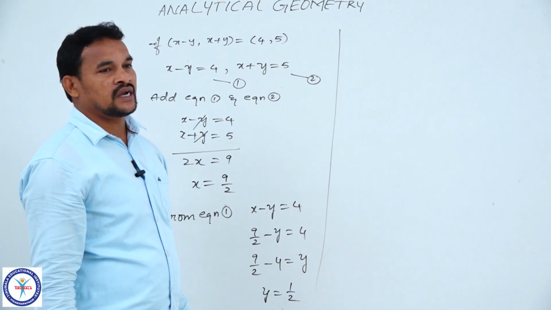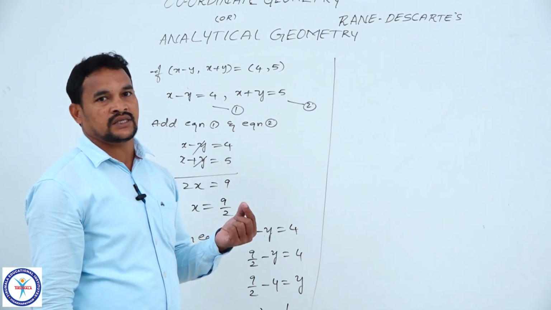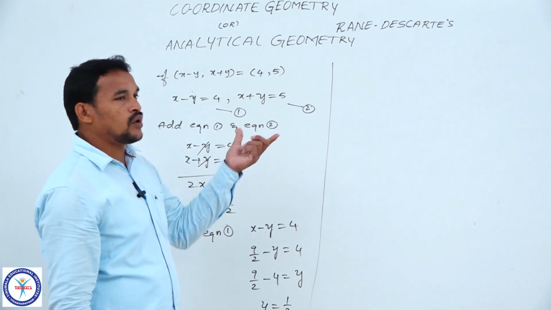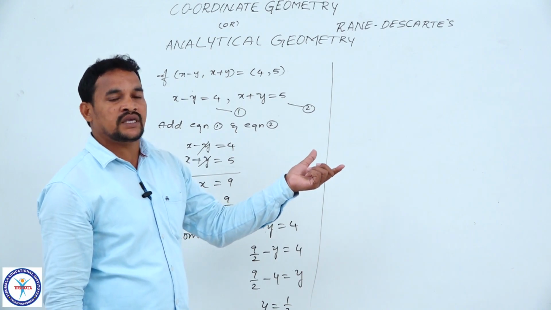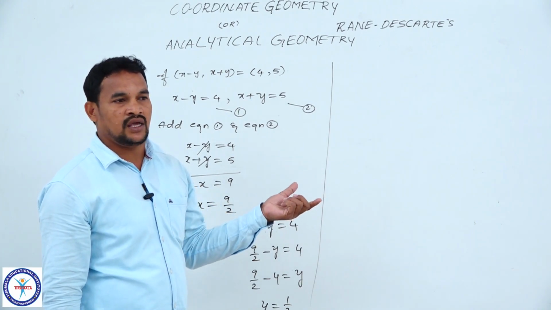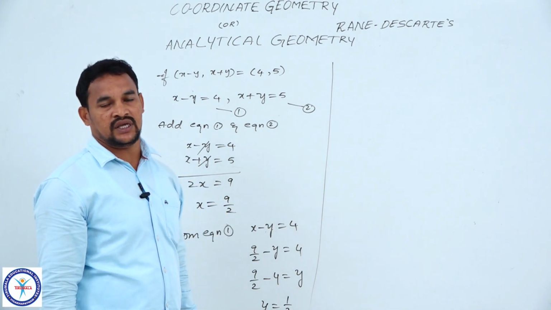In our mathematics, René Descartes took the point in algebra. In algebra, that point is called an ordered pair. Like that, when you take two ordered pairs, if the ordered pair (a, b) is equal to (c, d), immediately we observe the corresponding elements are equal: a is equal to c and b is equal to d.